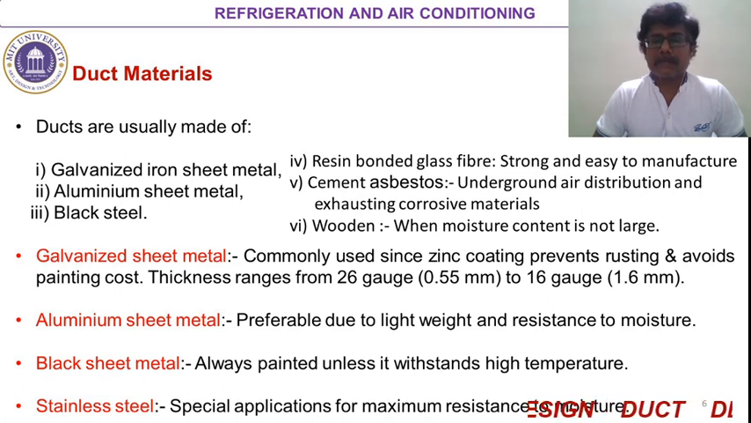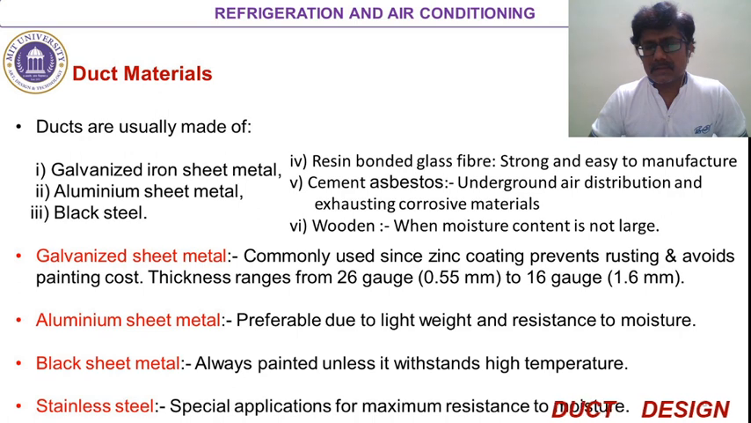Cement asbestos is normally used for applications where underground air distribution is the case. A particular example is an underground metro station, isn't it? Under those circumstances, one may prefer cement asbestos duct material, and it is also used for exhausting